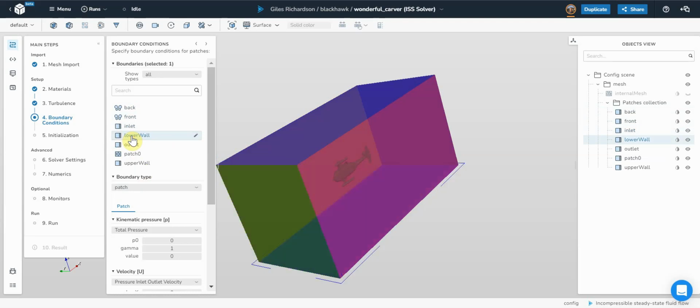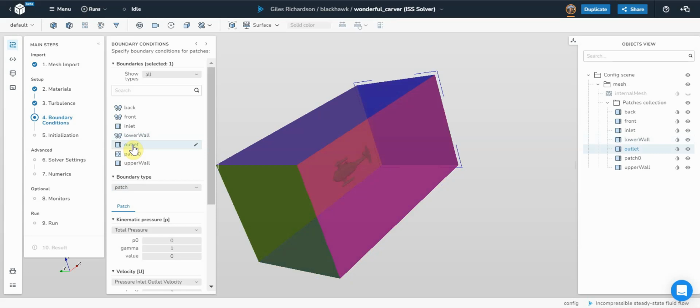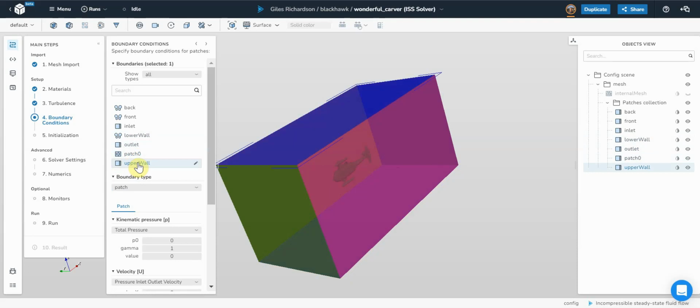The lower wall, that wants to be a symmetry. The outlet, that's also a patch, so that's okay. Patch 0, that's a wall, so that's all good. And the upper wall, and that wants to be